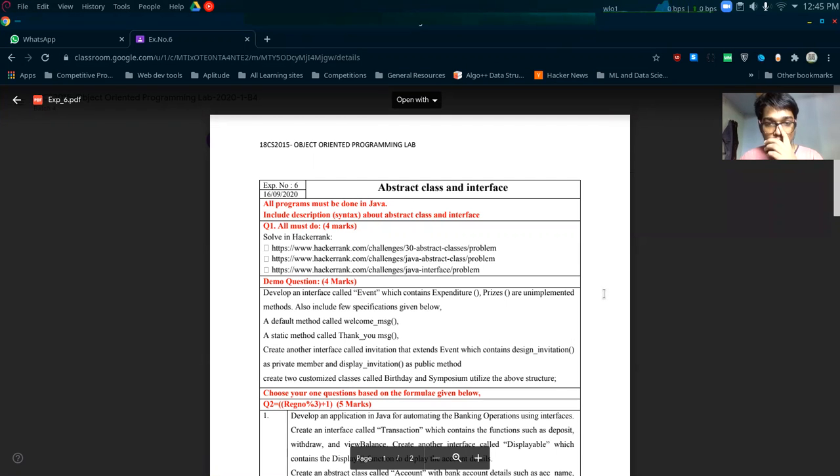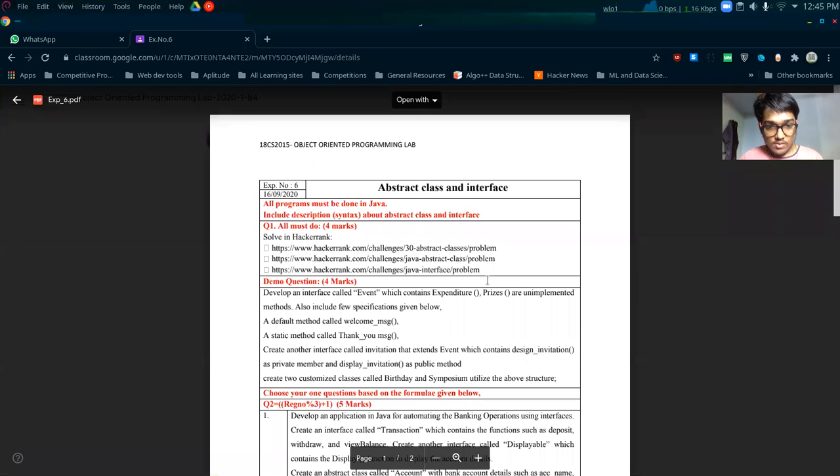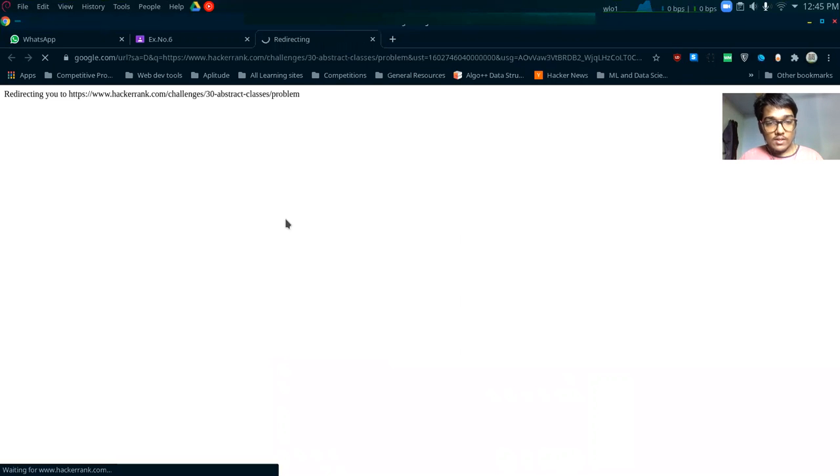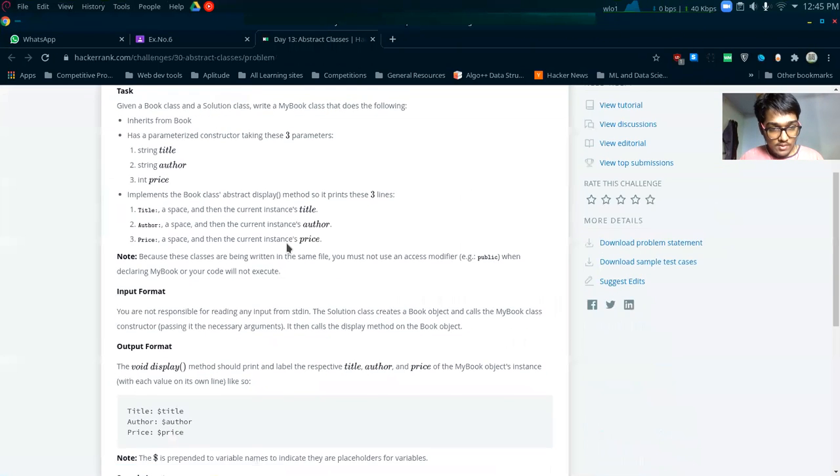Operating system lab, experiment number 6. In this experiment, we had all these questions. So first, about the hacker coins. In this, we are just asked to